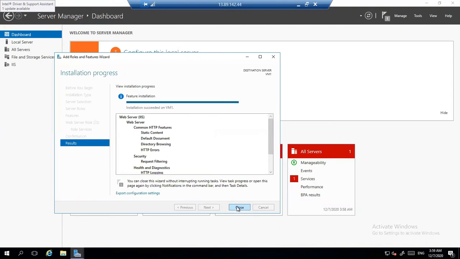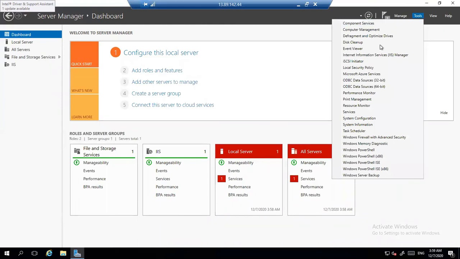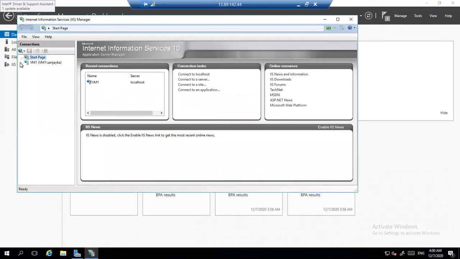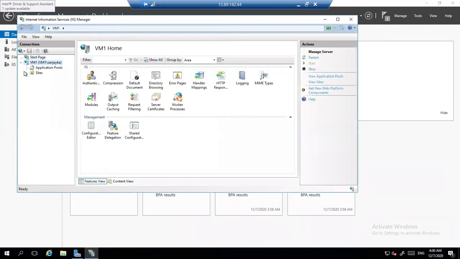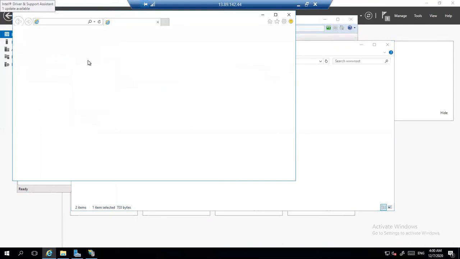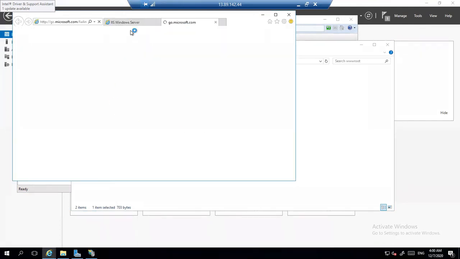Fine. So we know that when we install IIS, one default website gets created, and the same default website I'm going to use for this practical. Okay. So if you come here inside sites, this is the default site. And if you want to see the content of this default site, right click and click on explore. You know that there is a web page where internet information services is written. This is the page which is going to open.